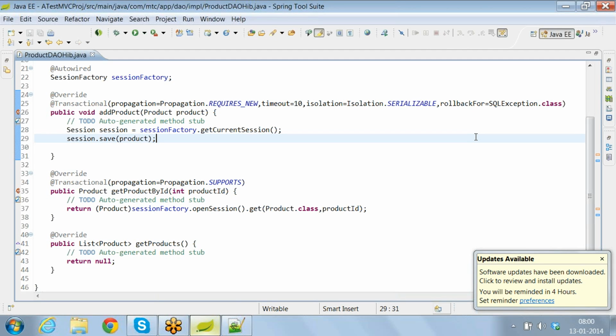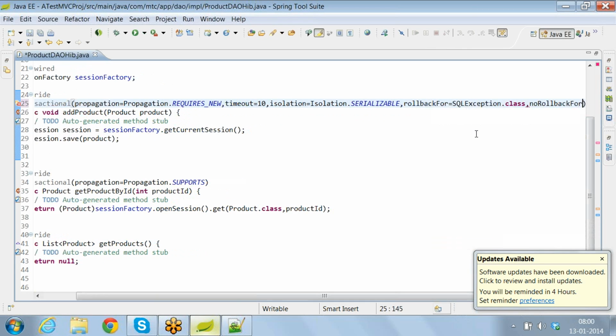So, for suppose, for runtime exception, I don't want to roll back the transaction. No rollback for, say,